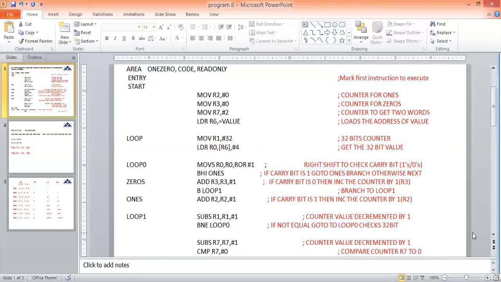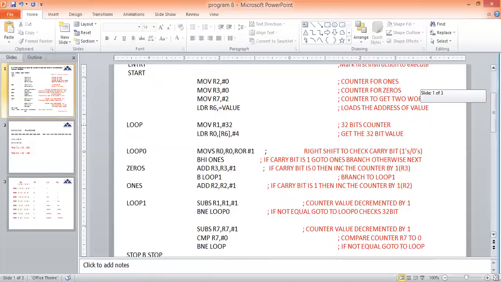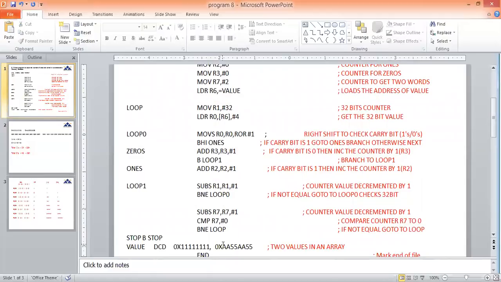Now the address will be pointing to the next value, that is this particular number, but right now we'll be working upon this number.